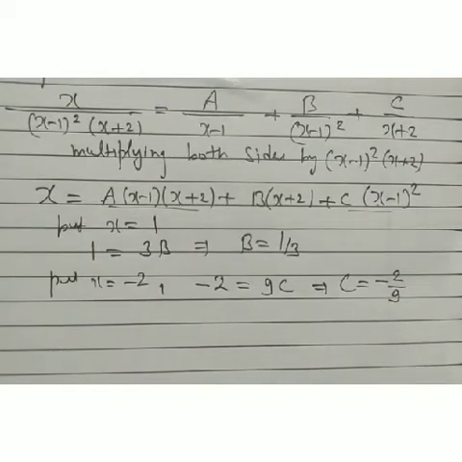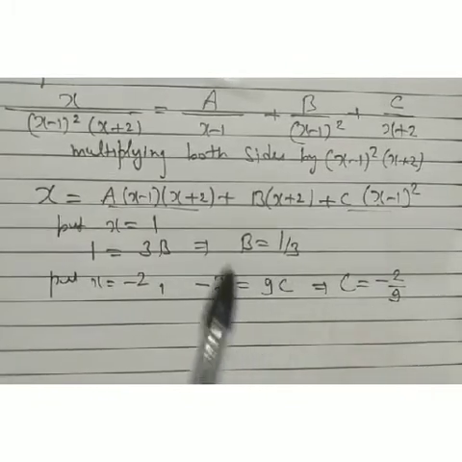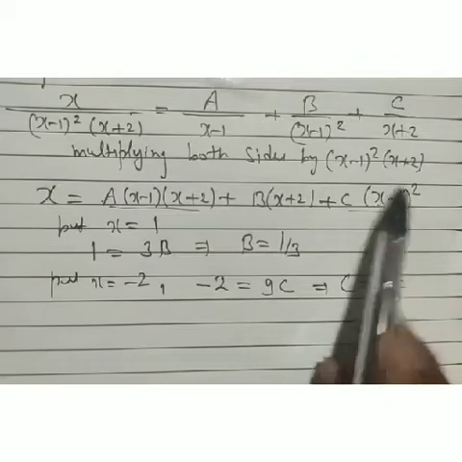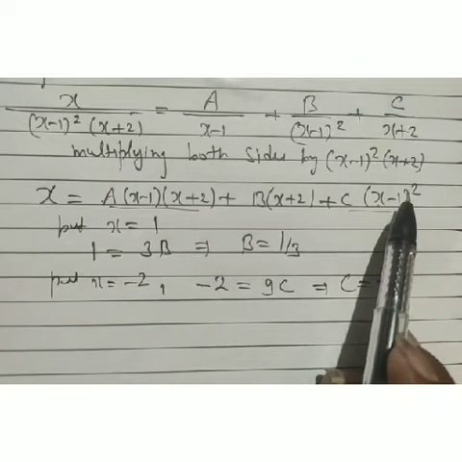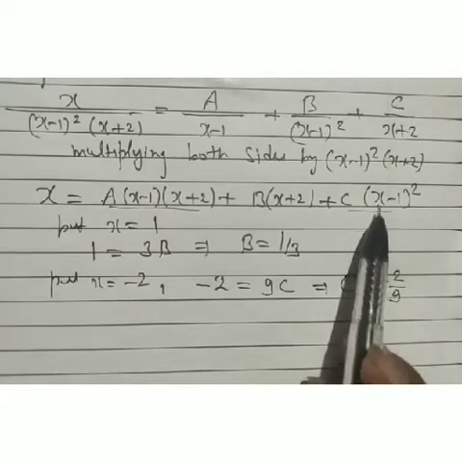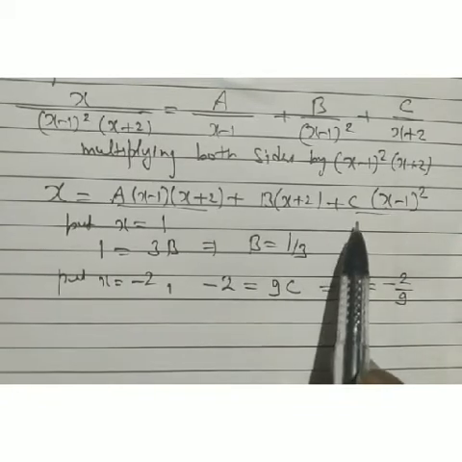Now look how we get the value of the third constant there. We have got b and c. Look, here are two linear forms, but when we express it, it becomes a quadratic form. Now what we do, to get the value of the third constant, we are going to compare the coefficient of x square there.